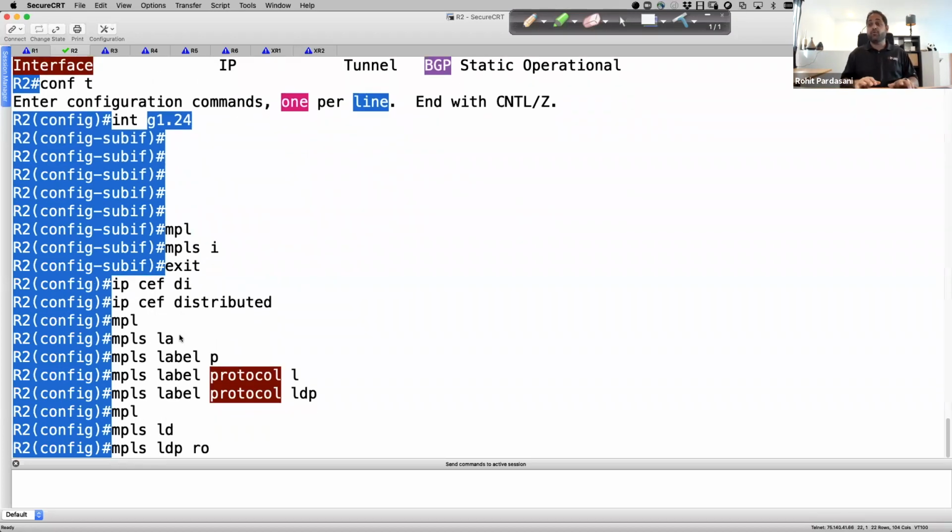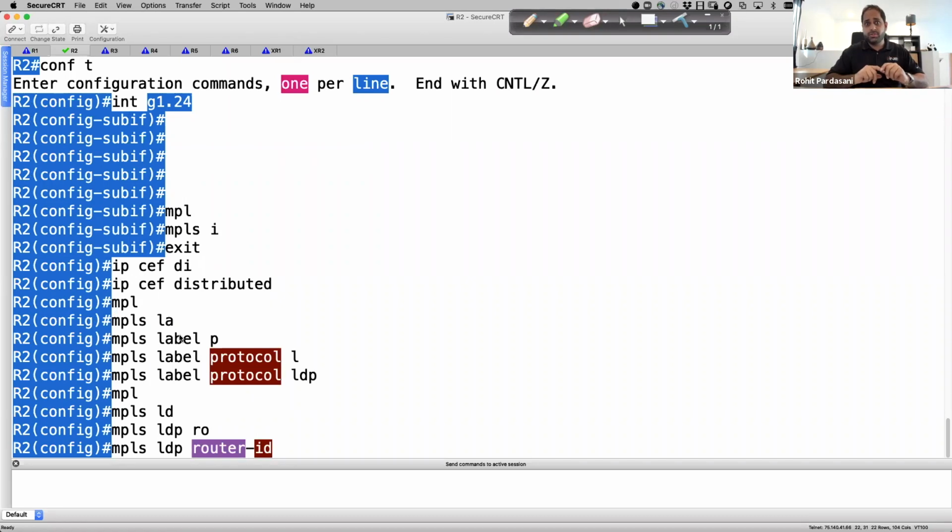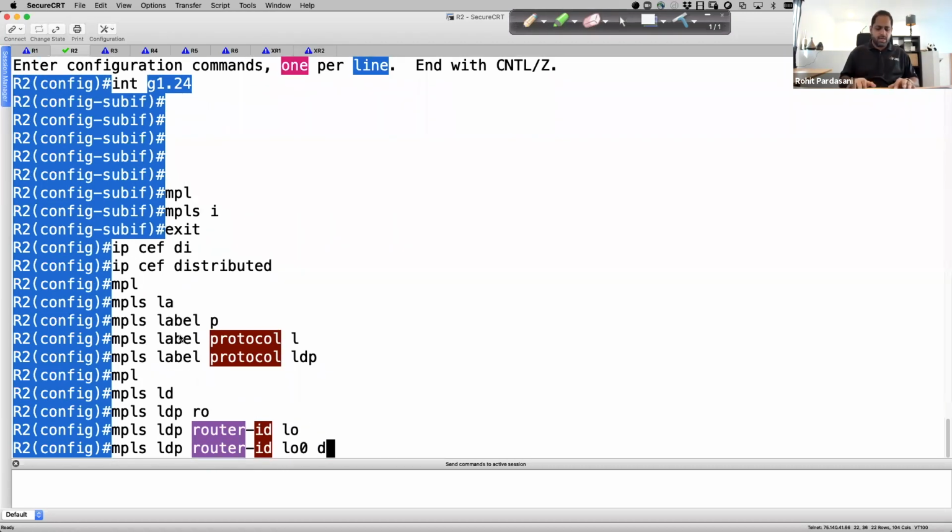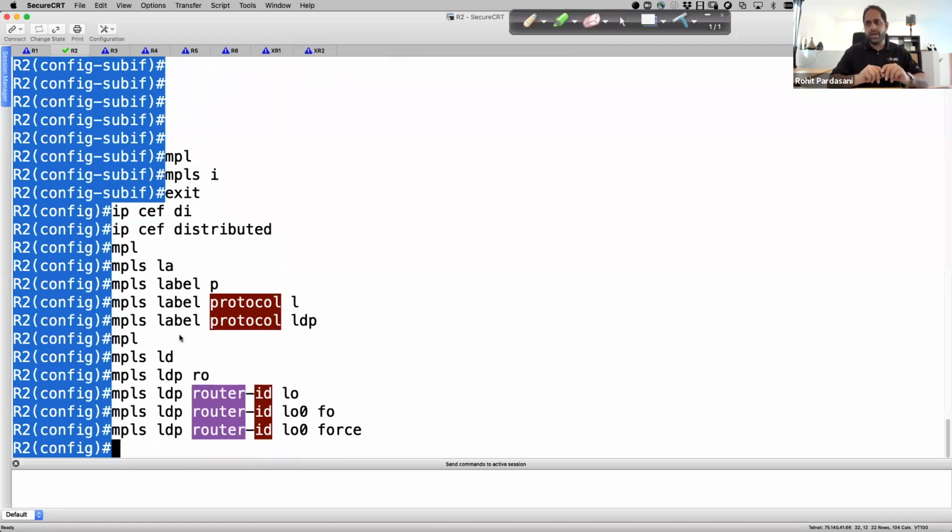For the MPLS LDP router ID, you should use a unique router ID, and it should be a reachable address because of the TCP connection on port 646. I'll show you the problem that you may face if your router ID is not reachable. So mpls ldp router-id, let's use loopback 0 and force this. Right now, loopback 0 is, I believe,